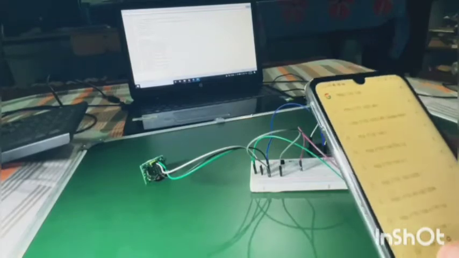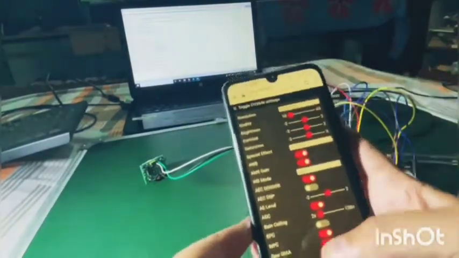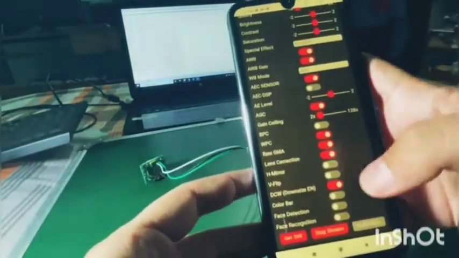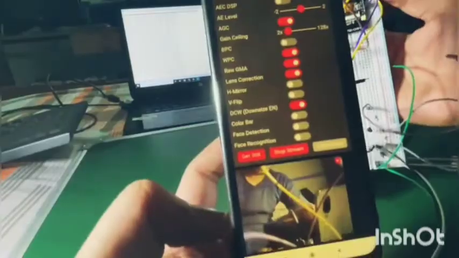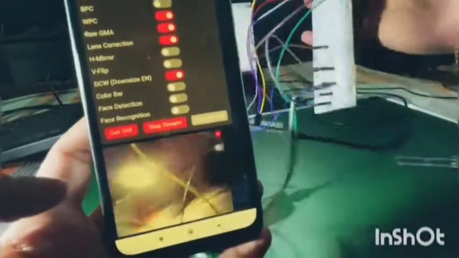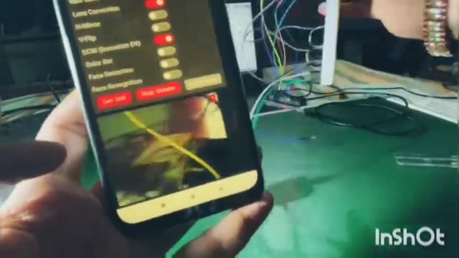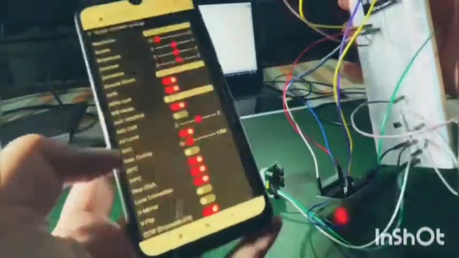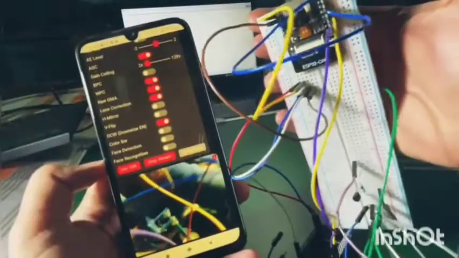This can be implemented in a drone, and it can be used to develop Google Maps also. Here we can get live streams of everything. You can use the camera for video calling and more. Here we can increase the image quality, and you can use face detection and face recognition, and use it as an attendance system. It has many applications. So now I will close the project, sir.